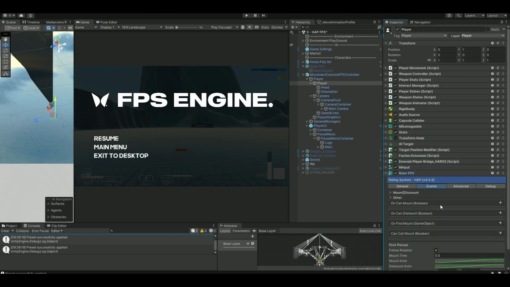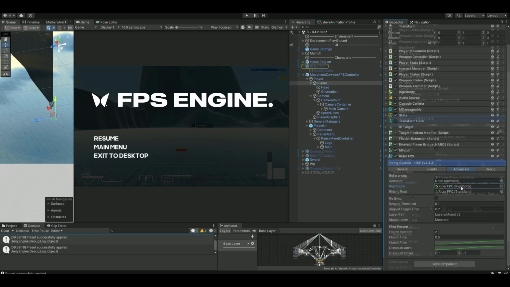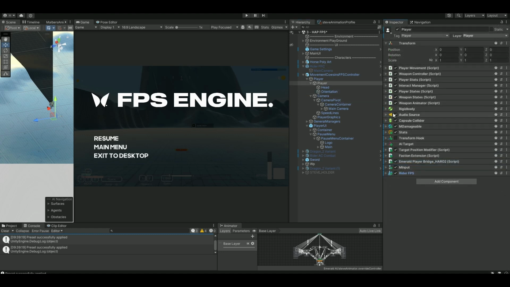Now go down to the rider FPS, look at the general. Again, we need the capsule collider from our own, so drag your player here down to the main collider like so. On the advanced, we also need the rigid body, again the player, bring that down here. And the rider's root here, it's important. We don't want the head, but we want the orientation of the FPS engine. And now if we open up the rigid body,